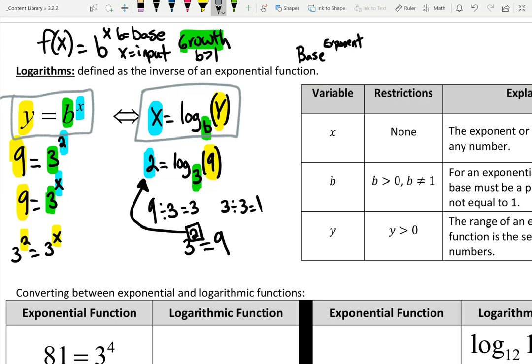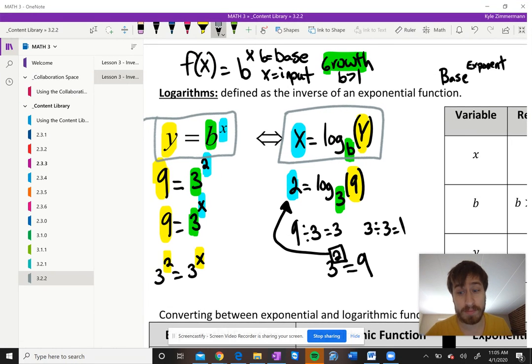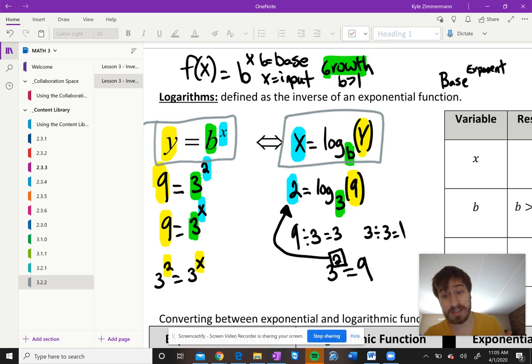That's it for now. Next time we're going to do a bunch of practice jumping between forms, but I just wanted to take an opportunity to show you what log really means. Basically, it's a function that, if I give it my answer, will give me the original, the starting value. That's it for